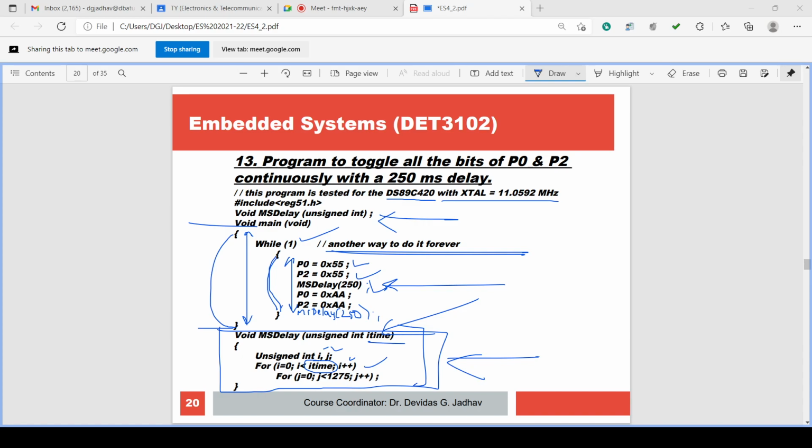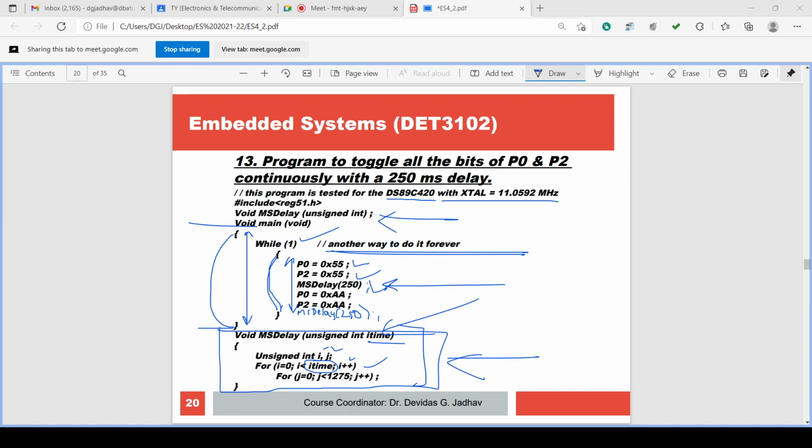This is observable by our eye because there is a delay of 250 milliseconds, and the delay keeps the P0 and P2 content constant, that is 0xAA. Both P0 and P2 have 0xAA because we have outputted 0xAA on both.